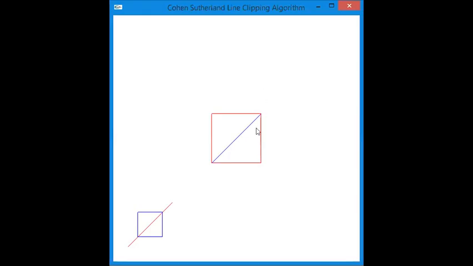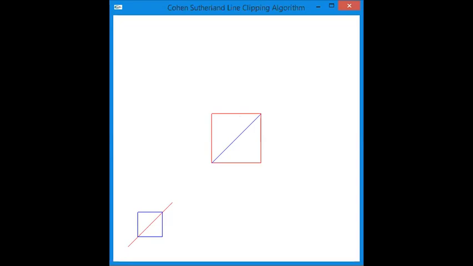I think you can see the output of the program. In the below diagram you can see a rectangular window and a red color line. This red color line is the line which is passing through the window. In the second window you can see the line is clipped off. So this is the algorithm to clip the line which is outside the window. This part is an extra line and this part is again an extra line.